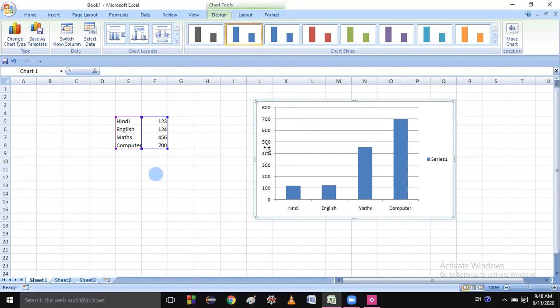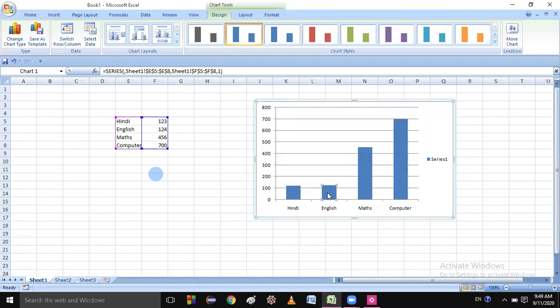Data series are the bars, slices or other elements that show the data values. These pillars are the data series which are responsible for showing your data. That can be in the form of slices, or in the form of bars also.